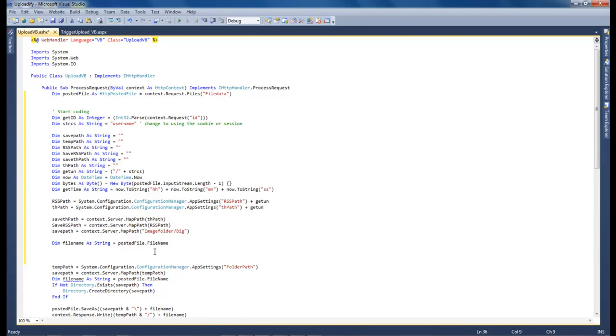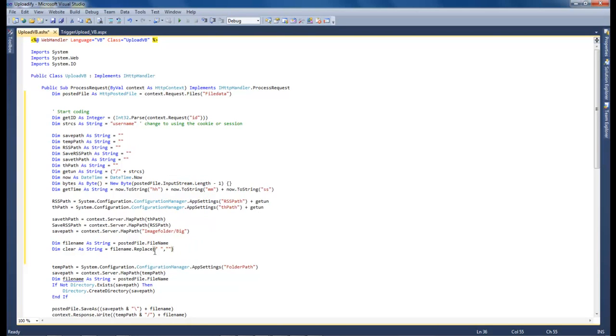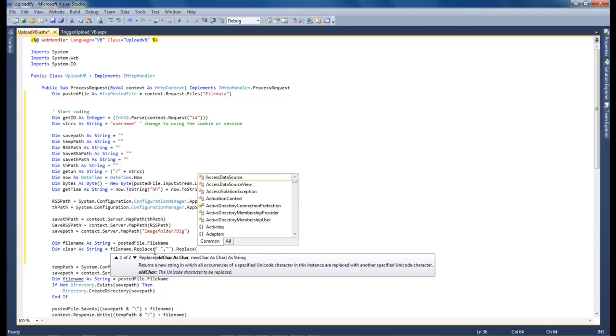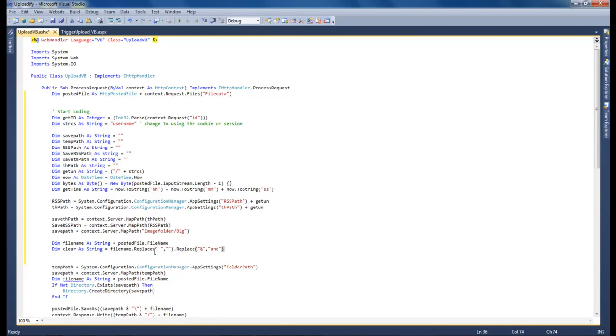Okay, now let's do Dim clear As String equals fileName.Replace. What we're going to do here is replace certain characters that we do not want added into our file name. The first one is space. We do not want to have a space. So then we do Replace, and the next one is the ampersand. You do not want to have the ampersand in there, so you want to change that to an actual AND. And then you do Replace,